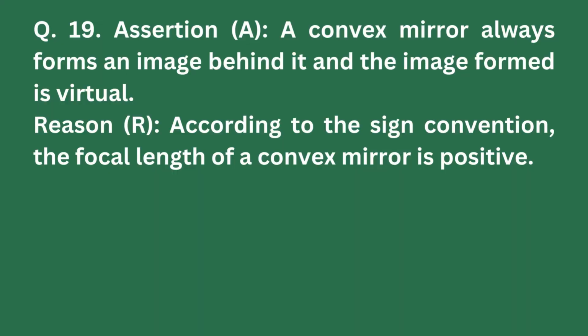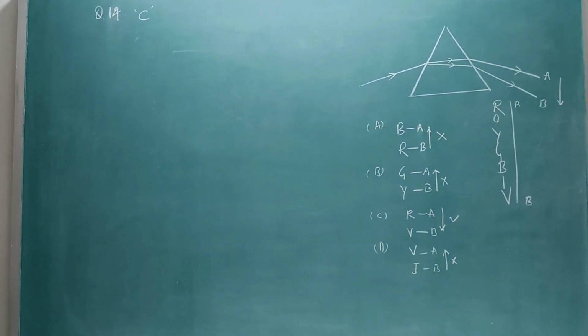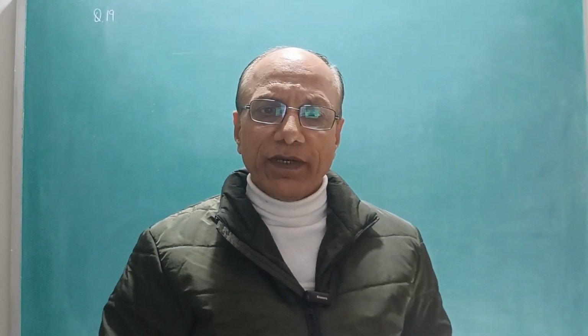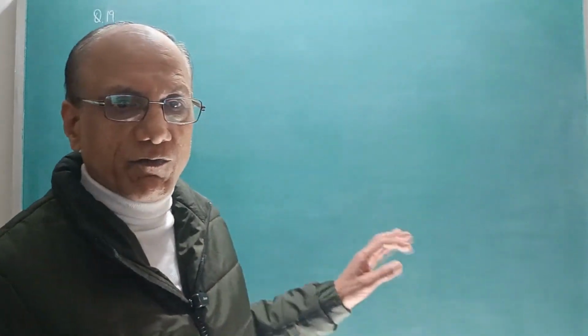19. Assertion is A. A convex mirror always forms an image behind it and the image formed is virtual. Reason R. According to the sign convention, the focal length of a convex mirror is positive. Question number 19. This question is of type assertion and reason. So here the assertion A is a convex mirror always forms an image behind it and the image formed is